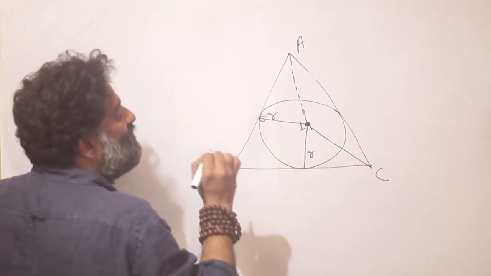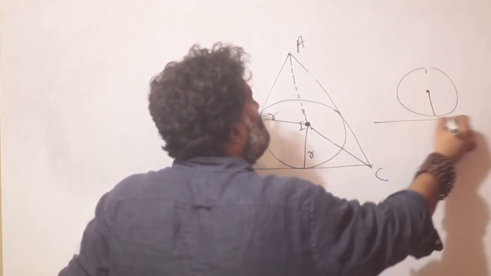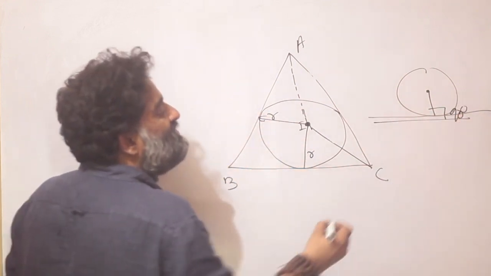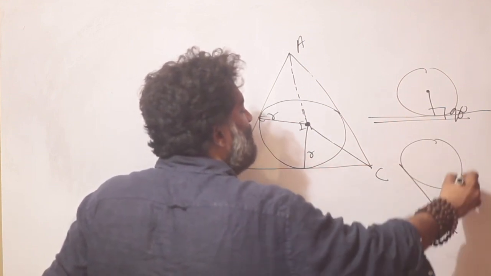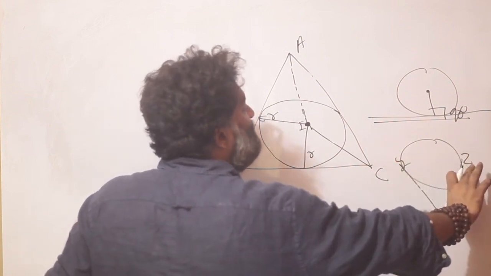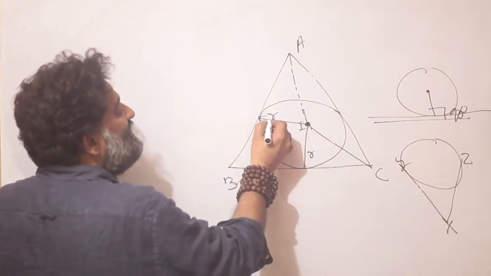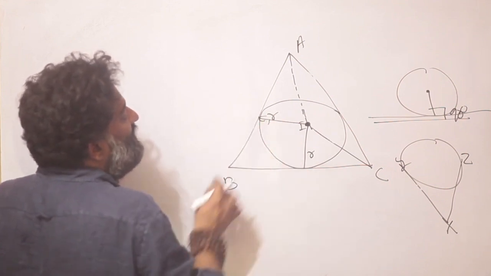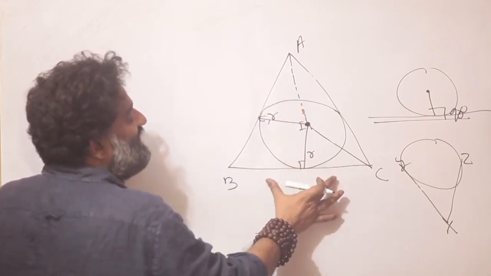Now I will use a couple of properties of the circle which are fairly straightforward. The radius always creates a 90-degree angle with the tangent. That is one property. And secondly, if I think of a circle and a point X outside the circle, and it creates two tangents, call them Y and Z, XY is going to be equal to XZ. So this radius is definitely equal to this radius. I also know this radius is going to create a 90-degree angle with this particular side, with this side, and with this side.